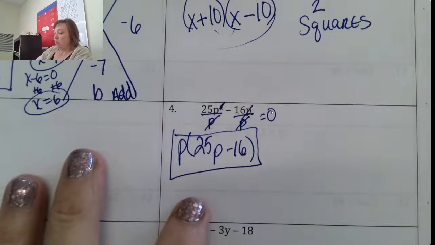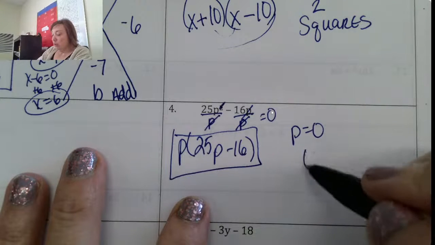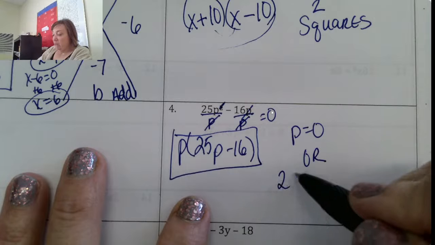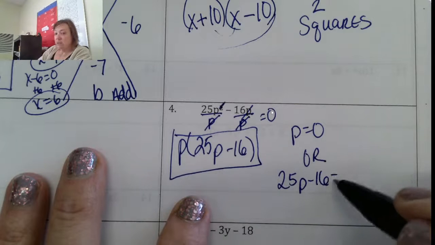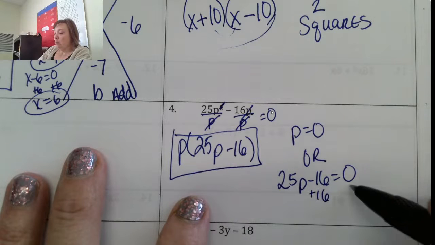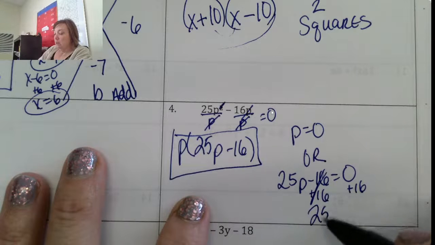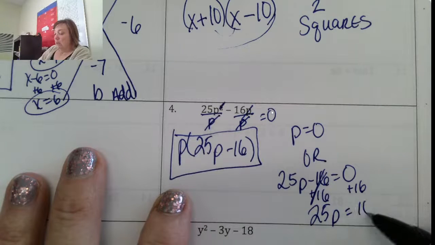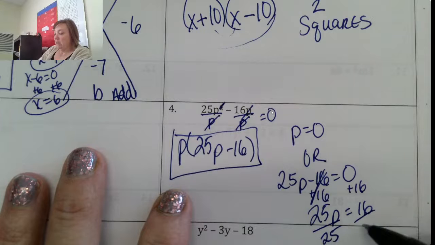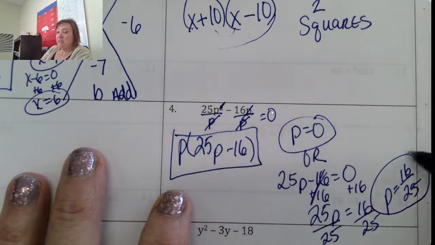That means that it would either be P equals 0 or 25P minus 16 would equal 0. One of those two things has to be true. So then we would solve this one to figure out, well, what would P be to make this equal to 0? And by the time we get done, we figure out that P could be 0 or P could be 16/25,